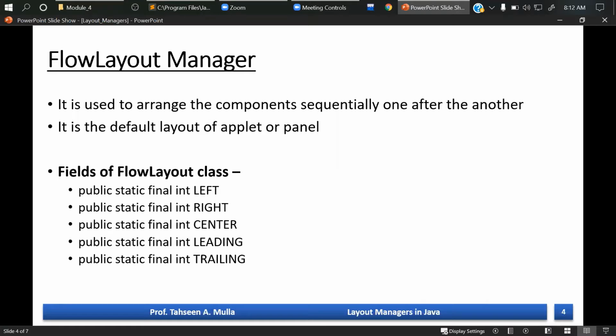There are four to five fields in the flow layout class whenever we create this. We have a layout to set as left or right.